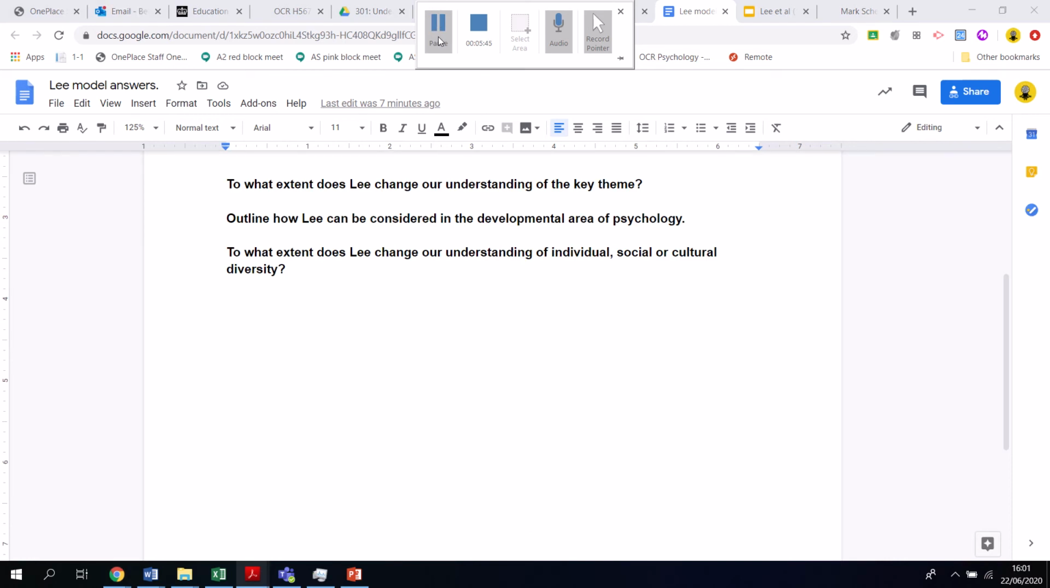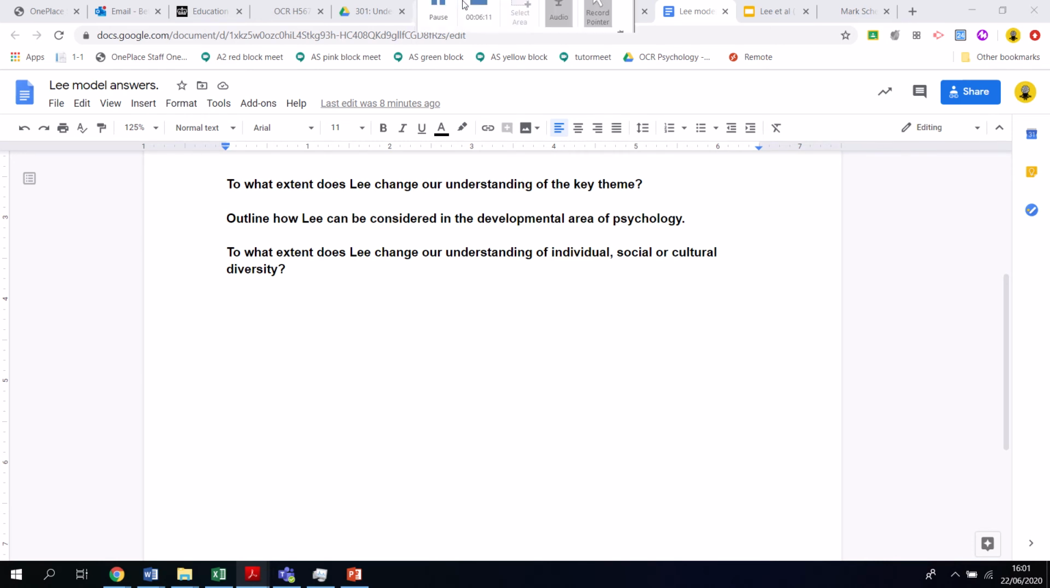Okay, so next up we have this question. So that is, to what extent does Lee change our understanding of the key theme? Now again, I've not put the number of marks on for this because I've seen it asked for a range of marks, usually anywhere up to perhaps about 5 marks. I think I've seen this asked. What I would say is, if it was asked for about 3 marks, if it was asked for about 5